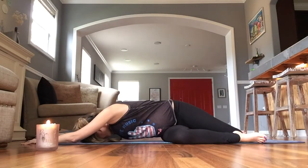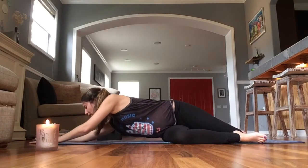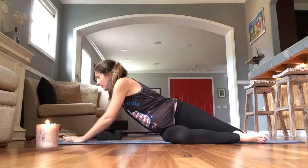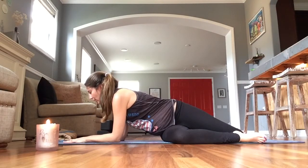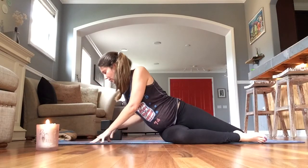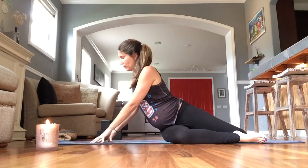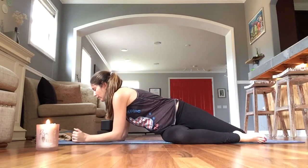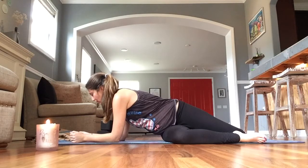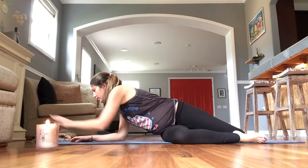Notice what the body wants to do here. Notice any emotions that arise. And if that ever becomes too much, the emotions or the physical posture, back out a little bit. Back to your sphinx arms, or even back to spiders in your fingers. So lots of options, safe options for this posture. We're going to be here for about 5 breaths. So settle in,